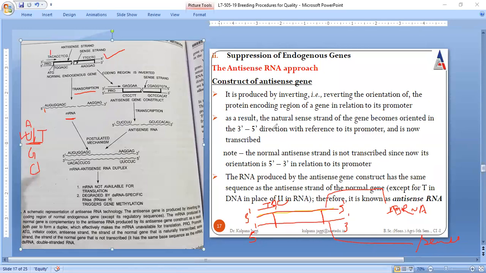Now I will talk about how the antisense gene is constructed. This is the one methodology that I discussed in the last session, so I just hope it is clear to you all how mRNA is synthesized and what sequence is present on the mRNA. Now I am going to discuss the construction of the antisense gene. When I am to construct the antisense gene,